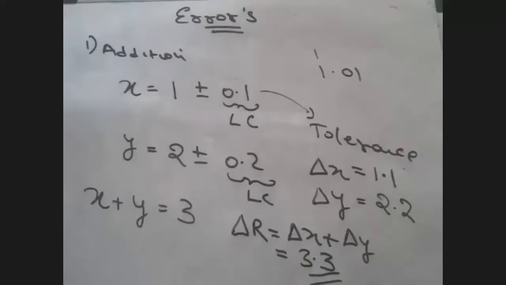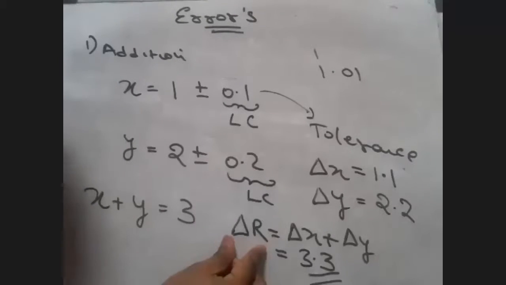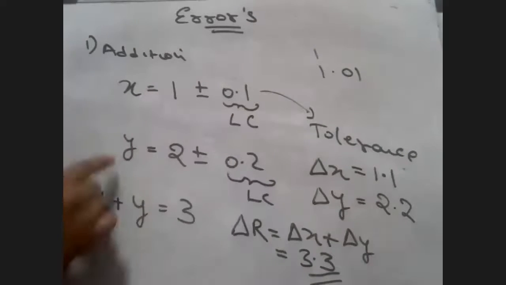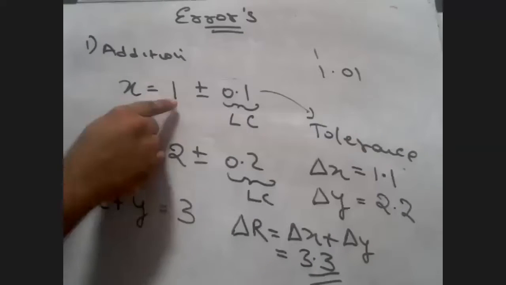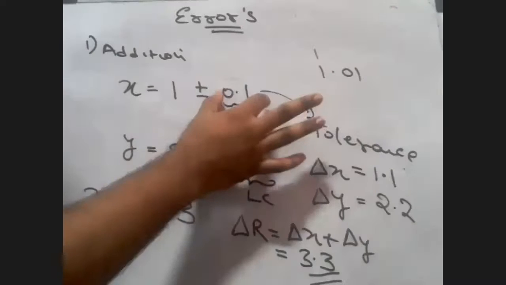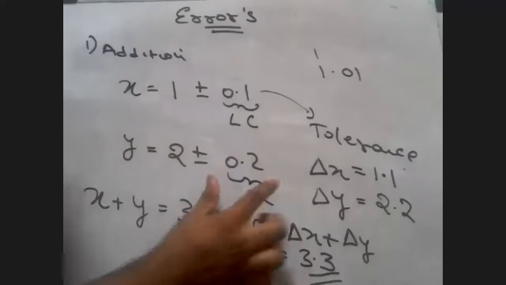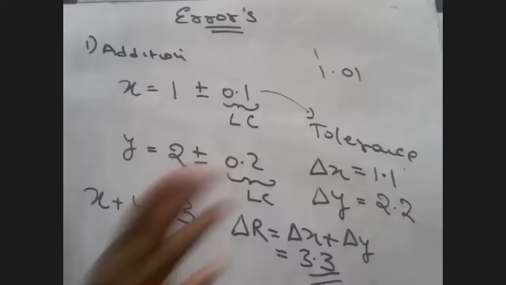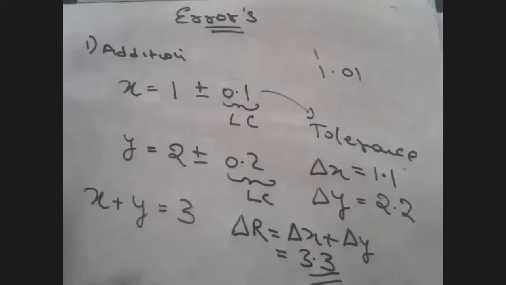What this means is my change in the result. See, earlier what did we find out? x is 1, y is 2, and this x has a least count of 0.1. That means a maximum of this much error can be there. In y also a maximum of this much error can be there. First I calculated this without the error at all. I said x plus y equals 3. Fine, this should be my original measurement.